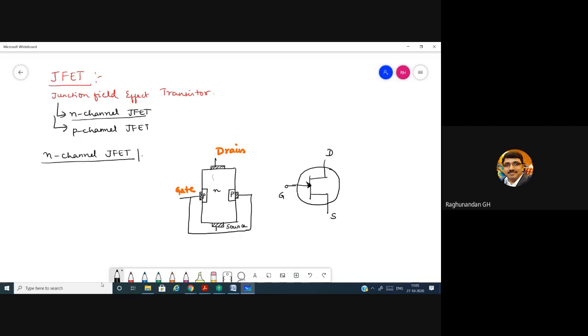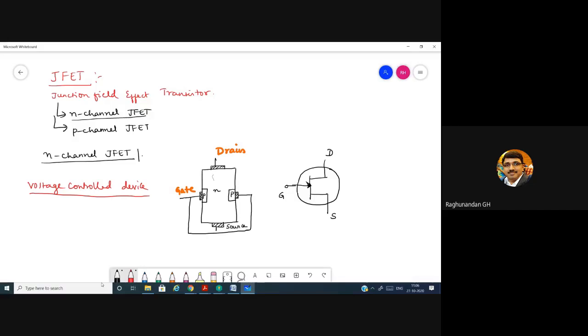After that, coming to the working, first thing you should remember, JFET, we have told, is a voltage controlled device. It is known as a voltage control device, whereas BJT is known as, can anyone tell what BJT is known as? Current control device. Yes, it is a current control device. As we control the base current, we control the collector current, the output. So here it is a voltage control device.